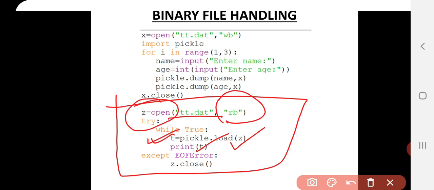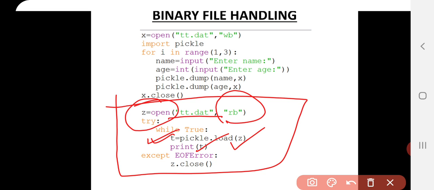This process will be repeated inside the while loop till the end of file occurs. As soon as the reading completes and the file pointer reaches the end of the file, the EOF error will be encountered in the while loop, because it is an infinite loop. So it will keep on running, but when it reaches the end of the file, the end of file error will be raised.